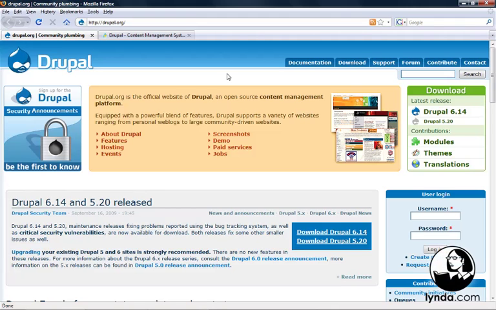Before we could do any work today, we need to install Drupal. Installing Drupal is already covered in depth in the Drupal Essential Training course, which is also available on lynda.com. In Essential Training, Drupal was set up using WAMP or MAMP, which works just fine, but I will be installing